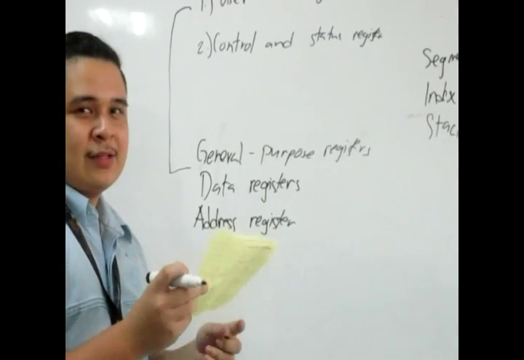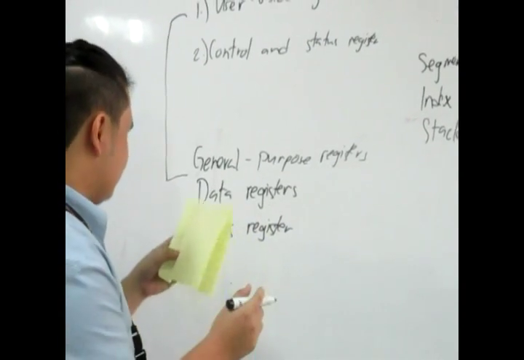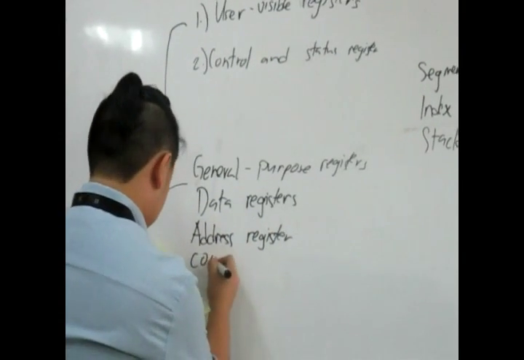And the last one under the user visible register is condition codes,